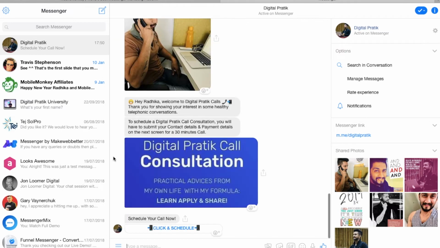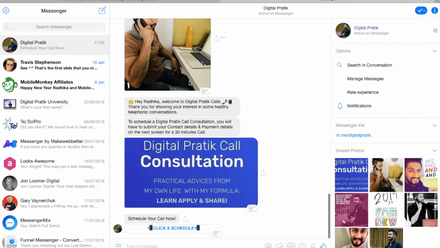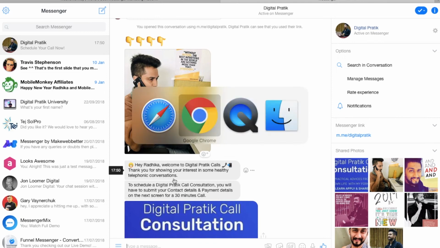So I have a specific image. Just because it's for calling, I create a call kind of image so that it plays with the psychology. It should have a psychological impact, your messages, your images, and everything. Then once again, I have this particular small image, and this small bot, if I show you on my bot page,